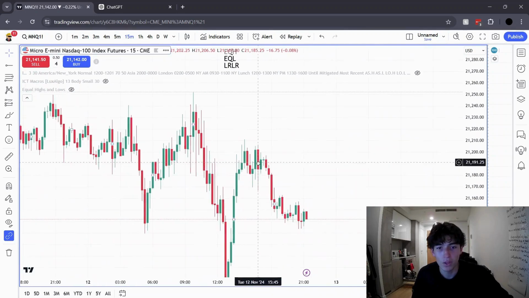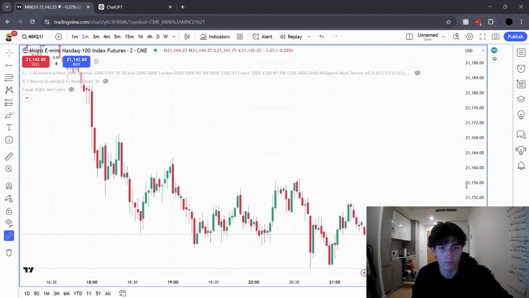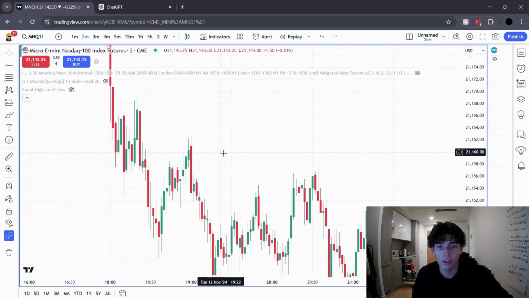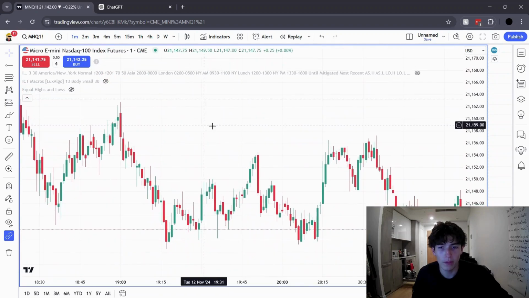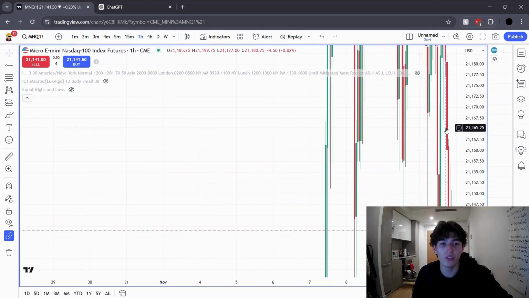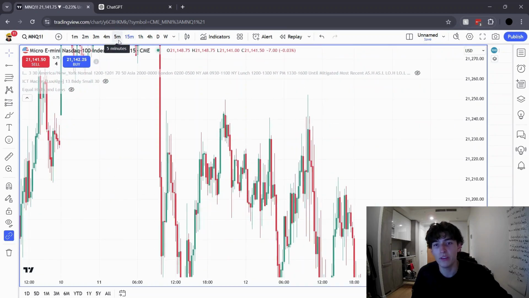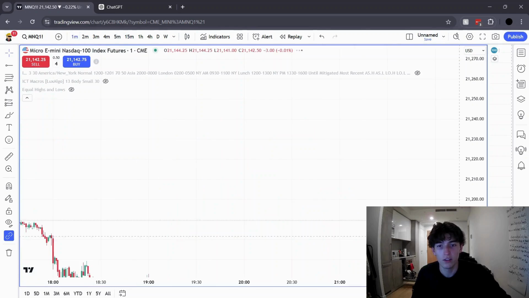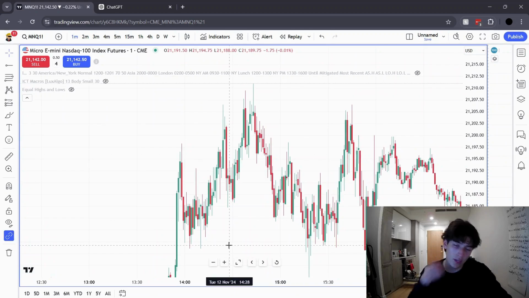Now, another way to use liquidity is by looking at internal liquidity. So, what do I mean by that? Most of the time you're going to be looking for these equal highs and equal lows on higher time frames. So your 15-minute, your 5-minute, your 1 hour time frames, you're not going to be placing your trades in. But for those of you that do place your trades in the 1 minute, which I do, and I place my trades in the 30-second as well,